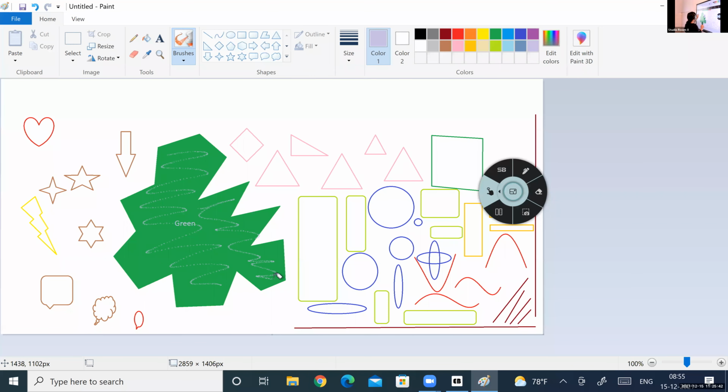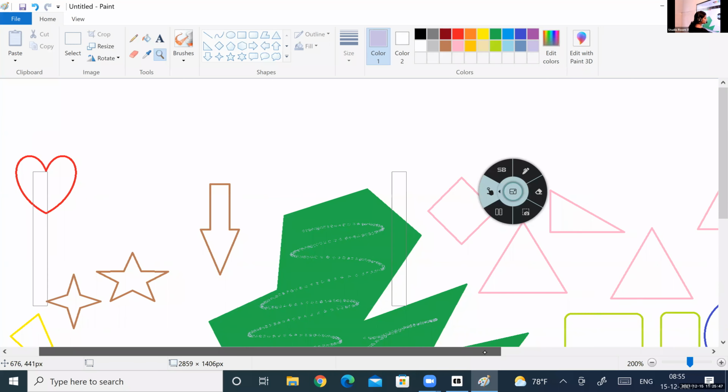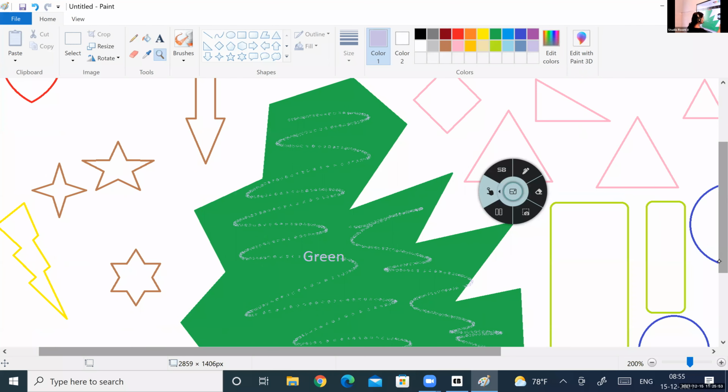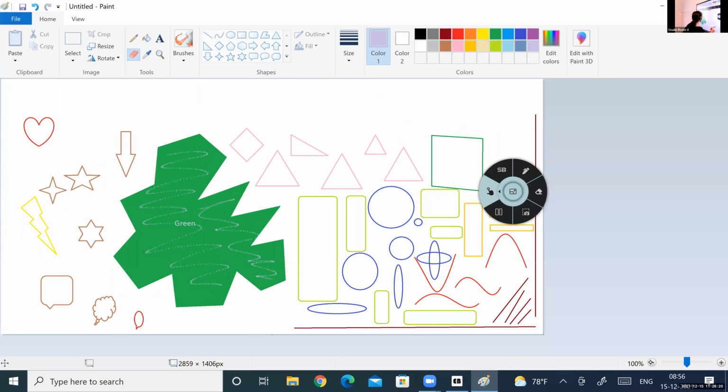So see, again I take the magnifier tool and click on this. So I can see that in an area this has gone outside the picture. See? This area, it's gone outside, isn't it? What can I do for that? Click on the eraser tool. We can erase that like this. Now you can zoom out. It's okay now, right?